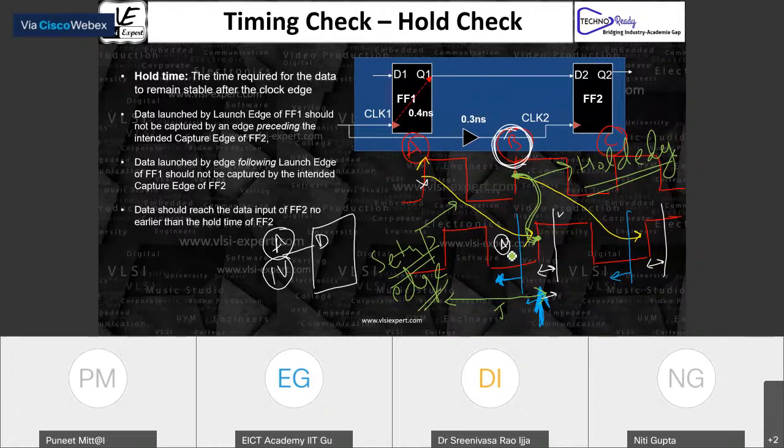Okay, let me answer in the meantime. Two questions. One is that without taking the launch flip-flop, the capture flip-flop is not possible for understanding the timing. Right now we are trying to understand the timing between two flip-flops, that means register to register. But timing can be understood between input to register also, and between register to output also. That is going to be a similar type of concept. It's very easy to understand between flip-flop to flip-flop, so that's the reason I took that particular example.